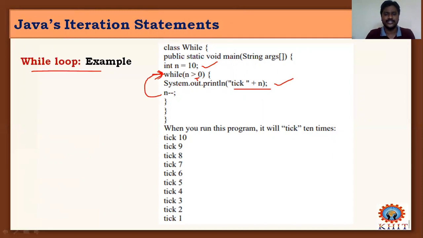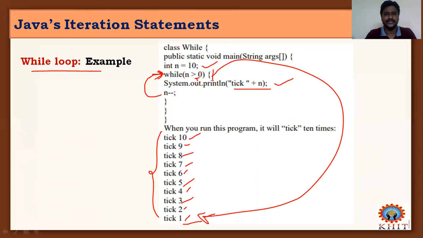When the condition is true, it repeats the execution of the block of code, and it continues until the condition fails. That's why, if you observe the output here, it takes the value first 10 and decrements: 9, 8, 7, 6, 5, 4, 3, 2, 1, 0. At 0 the expression of the while gives a false condition, then it terminates the execution of this block of code of the while.